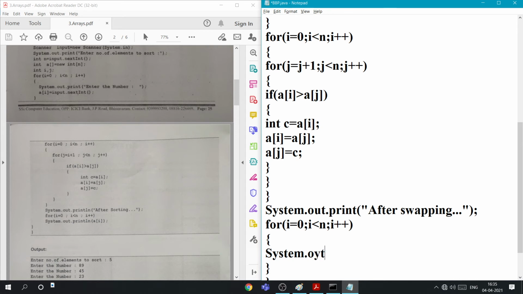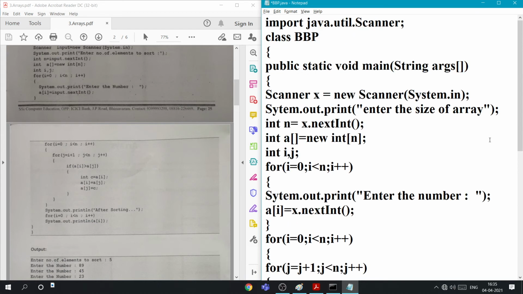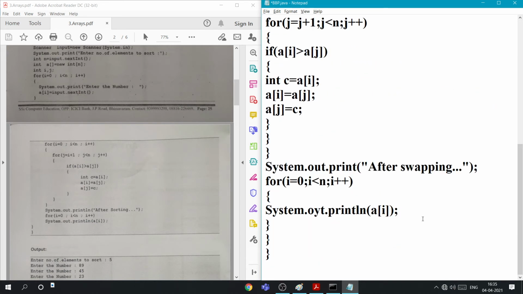System.out.println a of i. I think everything is fine. Okay, save. Just save it.